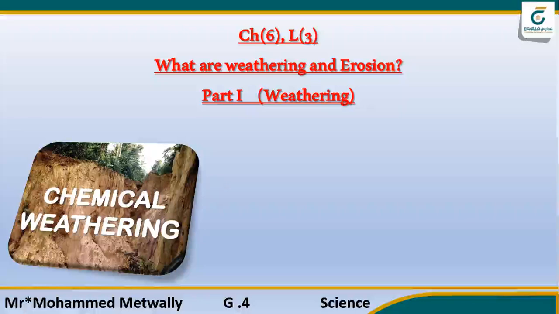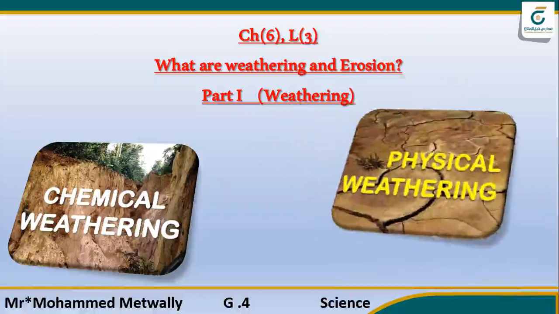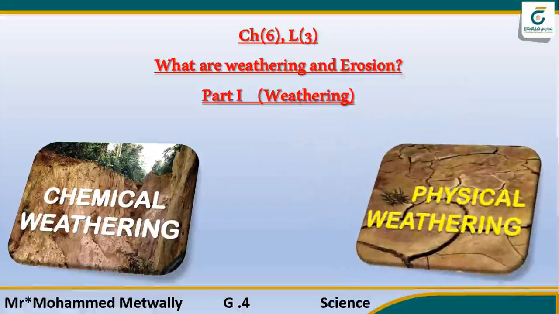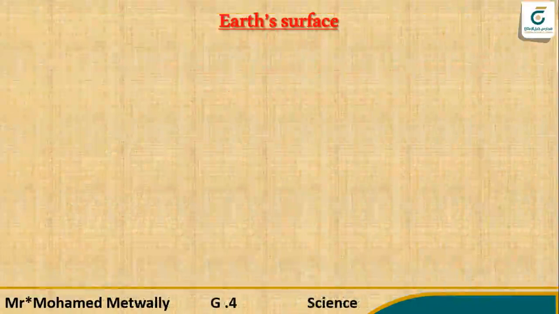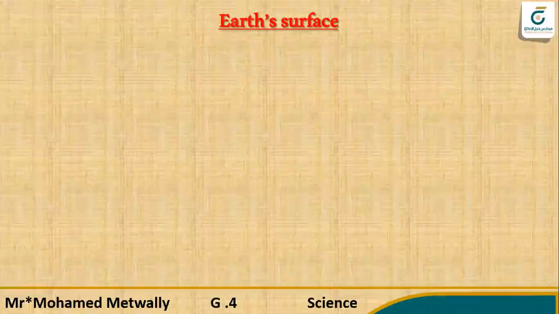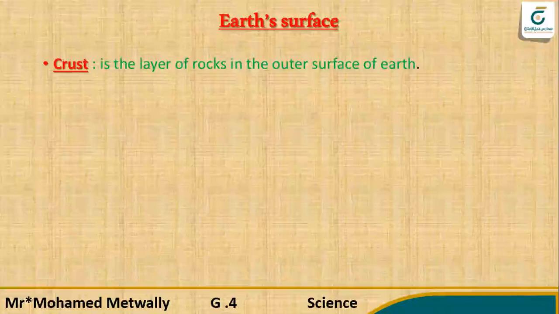Today's lesson is talking about weathering. We will take 2 kinds of weathering, as you see here on the screen, which are chemical and physical weathering. Let me say some information about Earth's surface first, and after the explanation, we will go deep inside today's lesson. Earth's surface